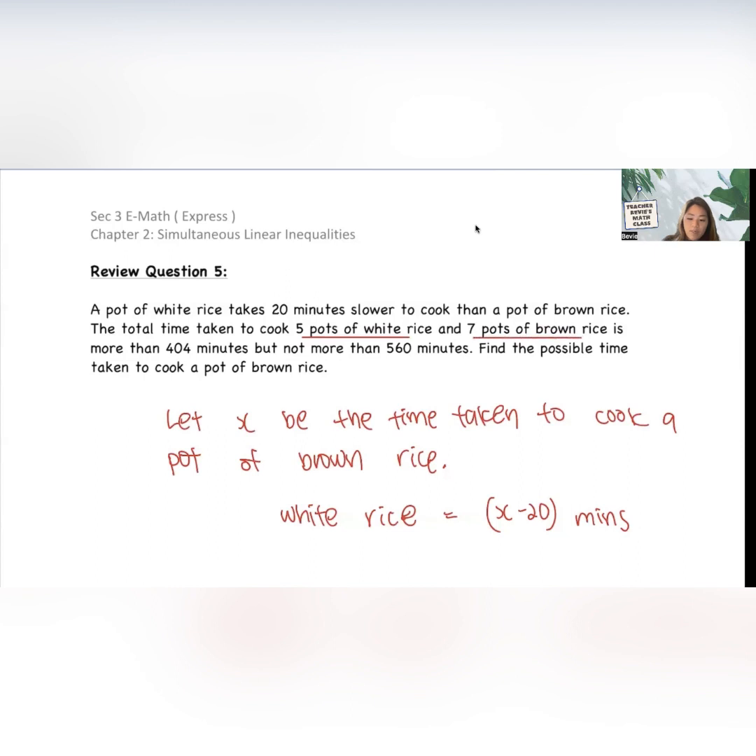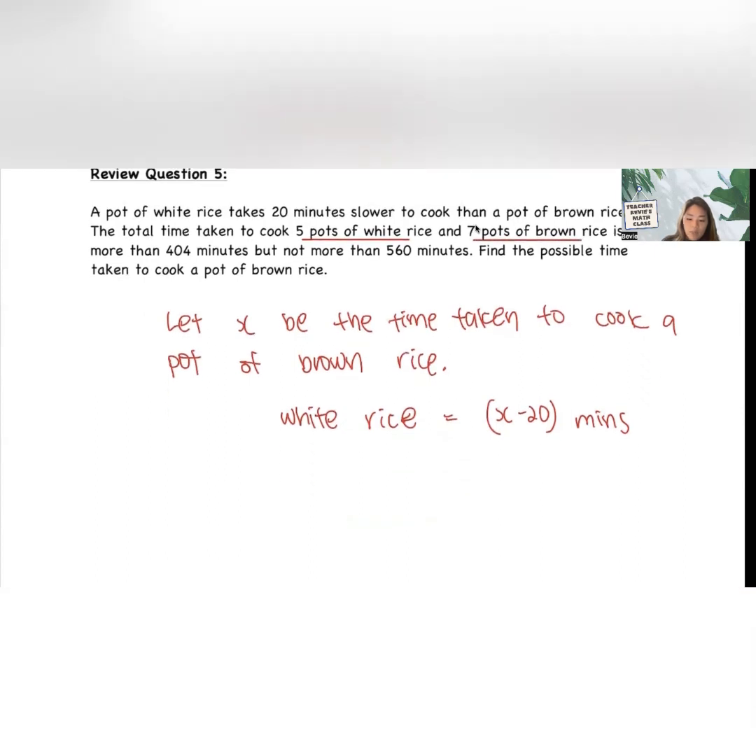pots of brown rice. So for 5 pots of white rice, the time taken would be 5 times X minus 20, and 7 pots of brown rice will be just 7X. Okay, this total time is more than 404, but not more than 560. Not more than 560 means it's smaller or equal to 560. Okay, now that I have my simultaneous linear inequality form, I can break them up into 2 different parts and